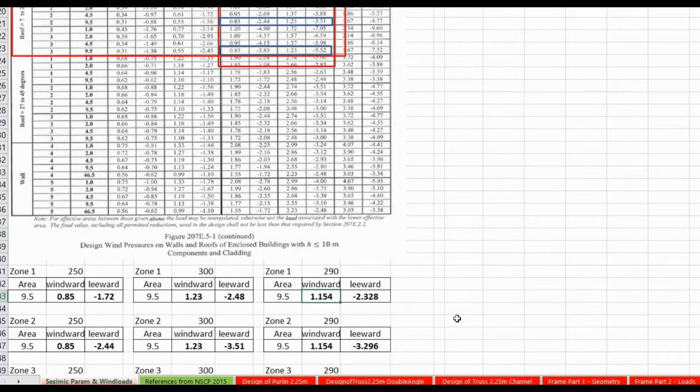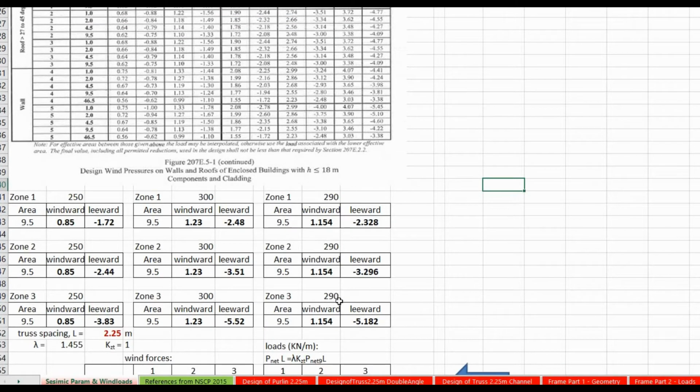So, yung 1.154, that is interpolated between 0.85 and 1.23. And then, itong negative 2.328, that is interpolated between negative 1.72 and negative 2.48. So, you do the same procedure for zones 2 and 3. And after that,